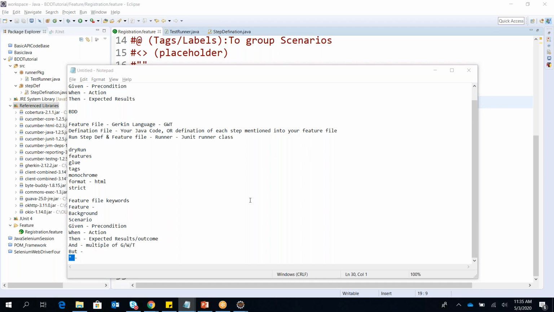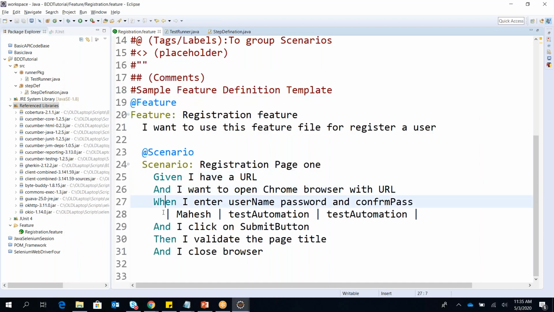So star will work with everything, even if you remove it, it will work as expected. Only GWT is used for better understanding of your scenarios, so that your management, your test manager, your development manager, your product owner, scrum master, business analyst, everyone can understand which scenario you automated and how it works.